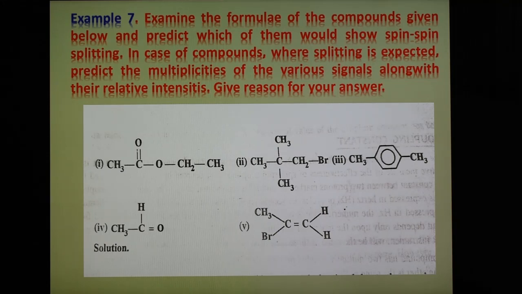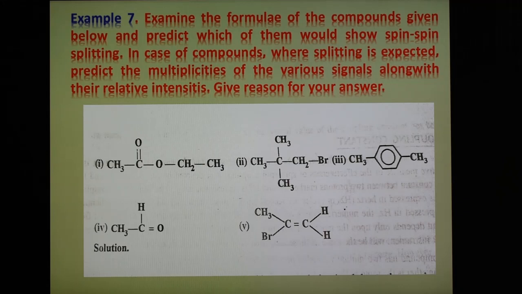Similarly, the methyl protons do not couple with the ring protons. They are separated by 3 carbon atoms, therefore the 6 equivalent methyl protons also appear as a sharp singlet. As we know, the methyl group cannot split because there is no proton on the adjacent atom. These also show no splitting. Here, all four are equivalent and they give a singlet. So no splitting is observed because there is no proton on the adjacent carbon atom.